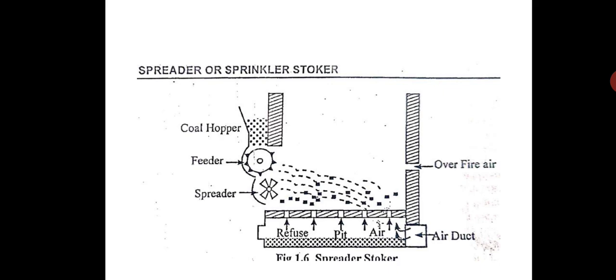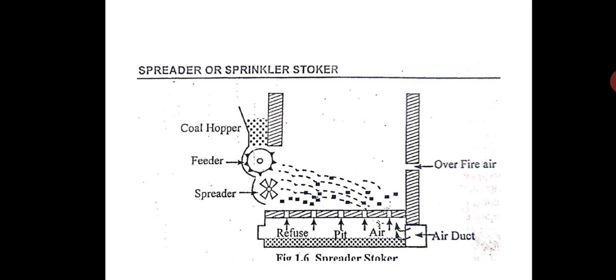As I was telling, when the flue gases are going, the heat is taken away in two ways. One is they heat the water which is entering the boiler, that is called the economizer, and second is we also heat the air which is used for burning. So preheating of air is undertaken.